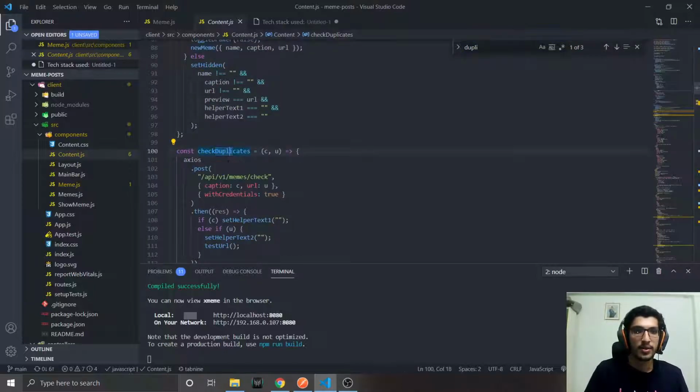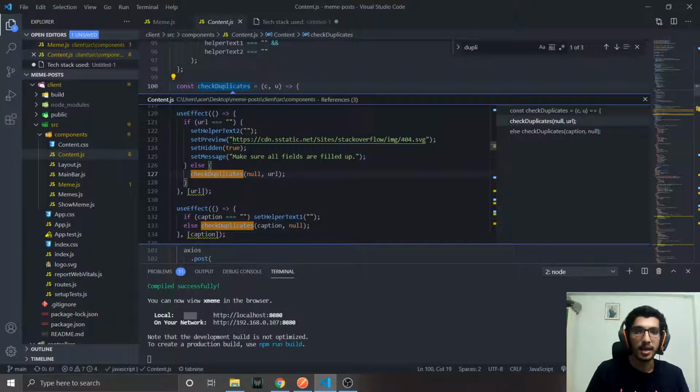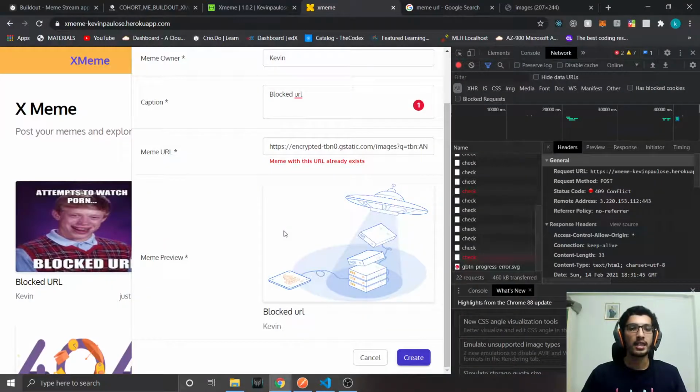This is check duplicates. Whenever check duplicates runs, it checks the caption and the URL, so it checks either way. If one thing is wrong or another thing is wrong, it will still pop up this error.